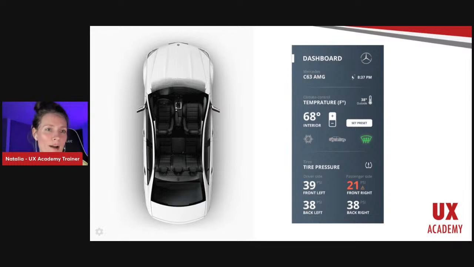If we speak about digital product design, which is my focus, in this case I would design the interface for the application. That application helps you know everything about your car. Probably you will receive a notification when you need to go for a checkup. So my role as a UX designer would be to think about how to make that information helpful and useful, and what kind of information should be there.